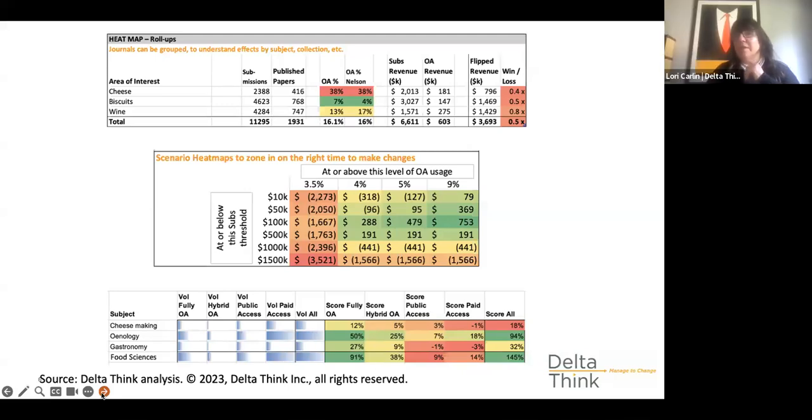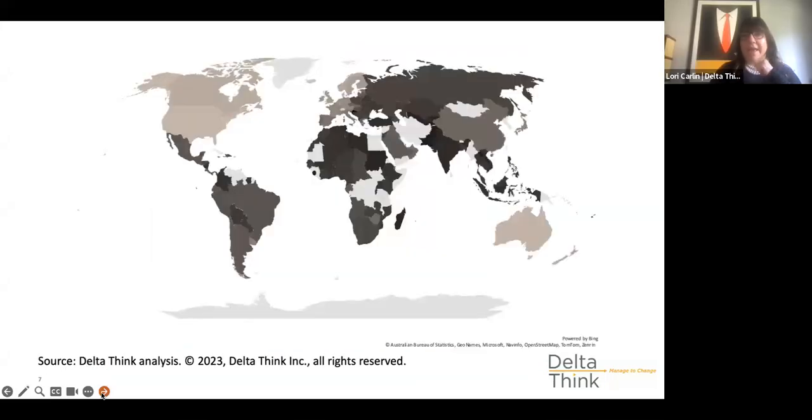All right, so we want to be able to talk about the affordability calculator as well. So if we want to move on to that for a few minutes now. So affordability, taking a step back, why did we start doing this? Well, I think affordability, as most people on the call are aware, has now become a topic. The original trigger, I think, was affordability of an APC-based model, a per paper article processing charge-based model.